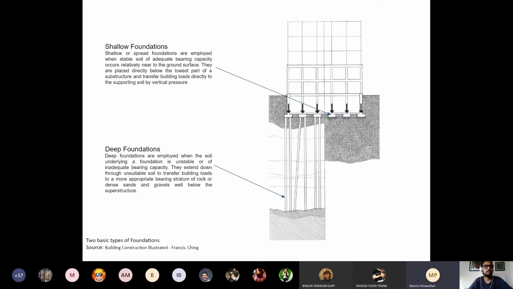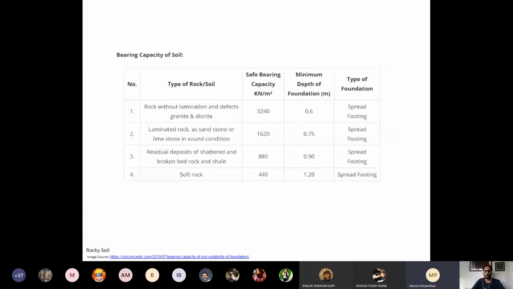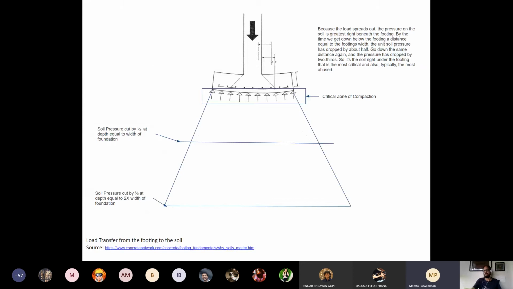Also, like Shirish explained about the force reducing as you go lower. If you remember your school formula of the relation between force, pressure and area, that's basically what it is. The minute that you increase the surface area of your footing, that's going to reduce the pressure, or the force on it.